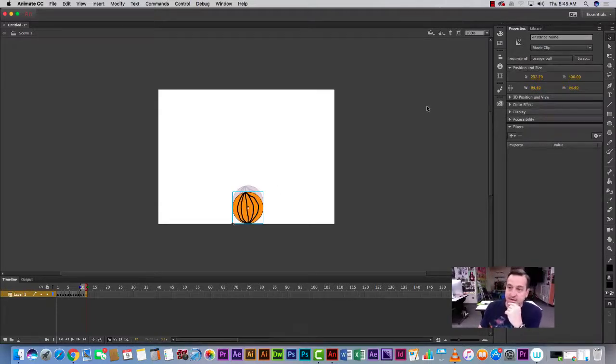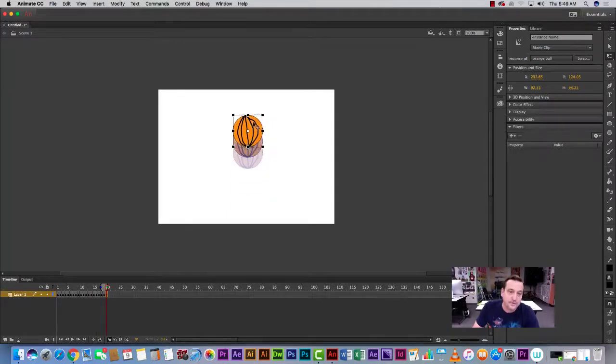So to do that, I'm going to use Q, and I'm going to hit F6 again, and on this one, I'm just going to go ahead and make it look like it compresses a little bit, right? Give it some real animation there. And I'm going to hit F6 again. And now I'm going to go back to the size that the ball was, and now my onion skinning is helping me see that size in the background. Okay, F6. Now the ball is going back up, going back up, going back up, going back up, and